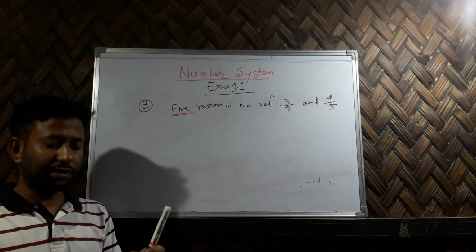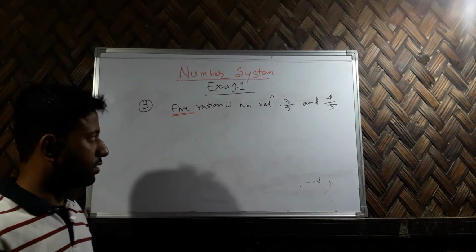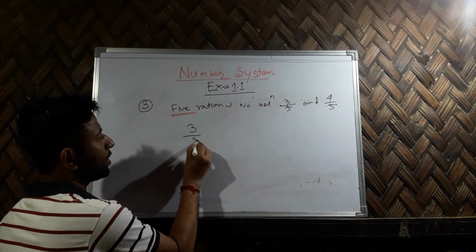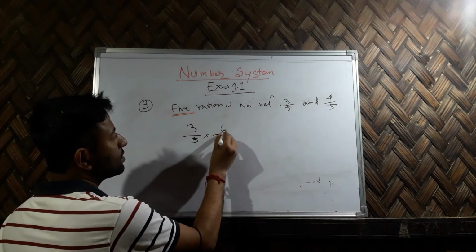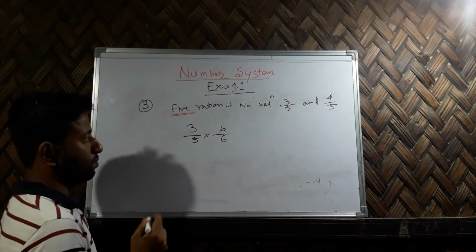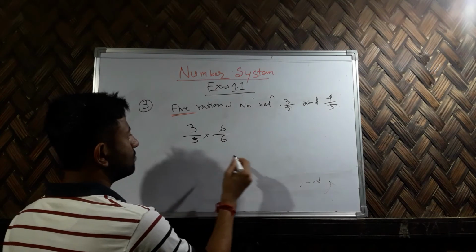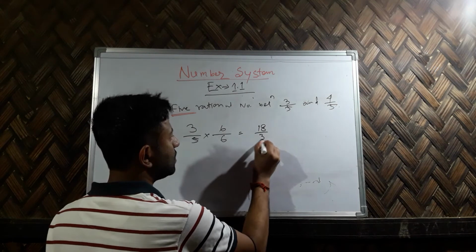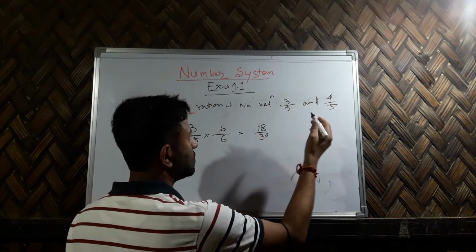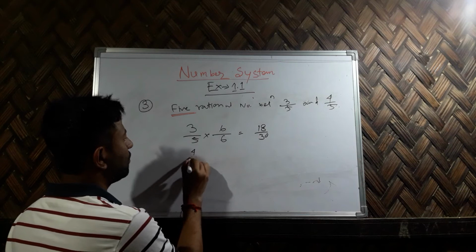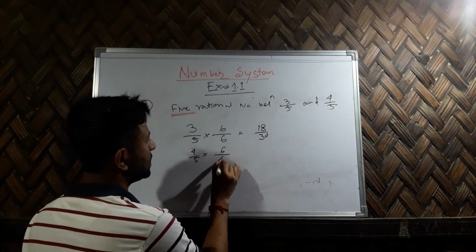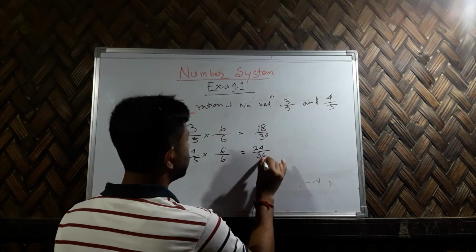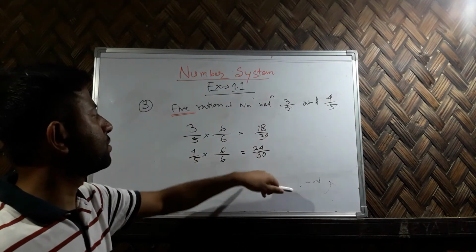So what is the procedure for that? This is the similar way we did before, that is question number 2. So what we have to do here, 3/5, as I said before, here will be 6 and here will also be 6. Now the term becomes 18/30, and 4/5 into 6/6, that is 24/30. So now you see 18/30, 24/30,